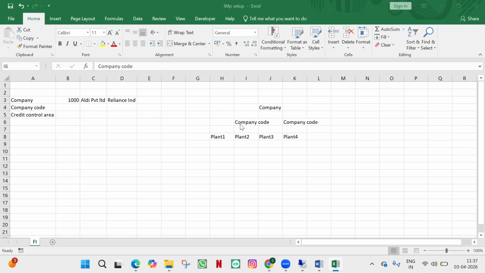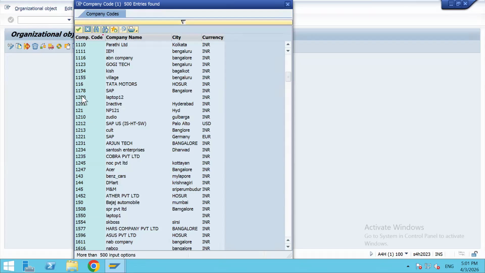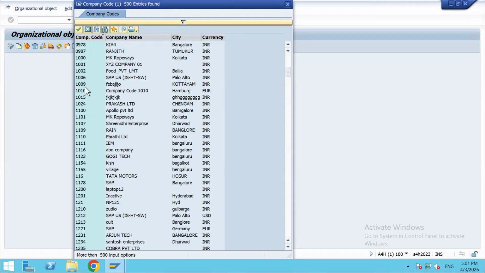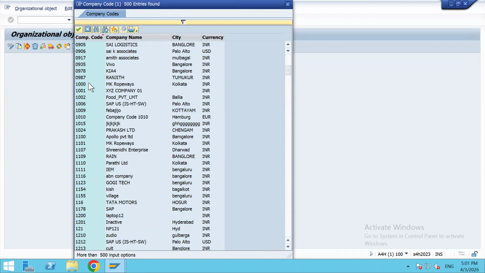Sales or SD people will call it business area, right? They will do their setup. There is sales organization, distribution channel, division, and on that basis we will derive the